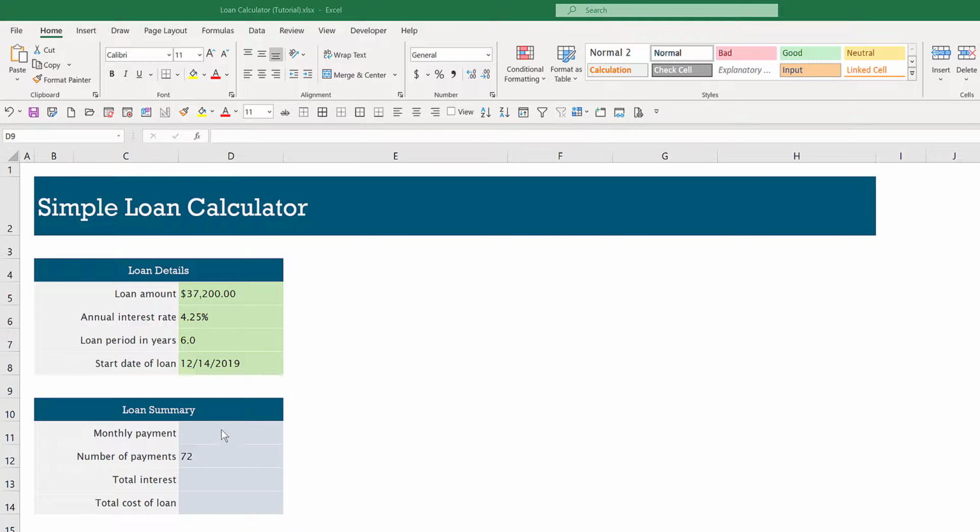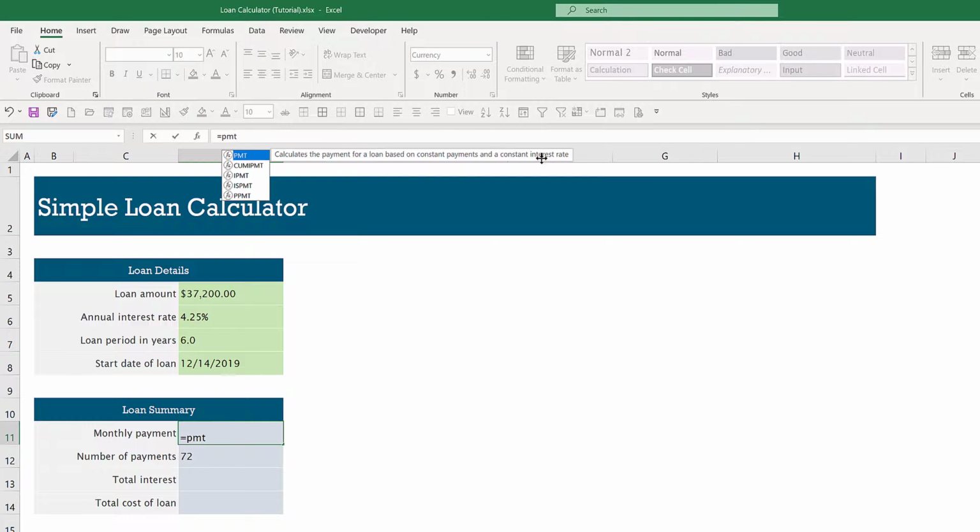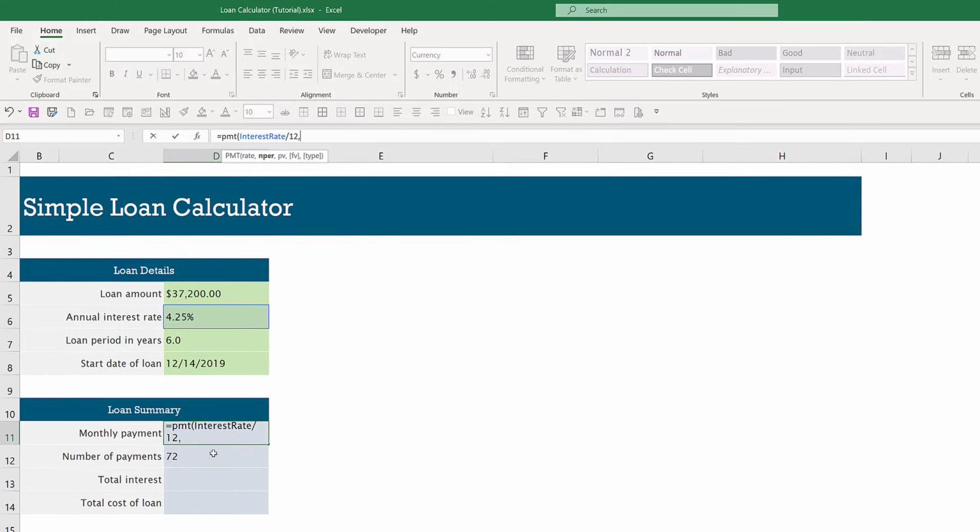Now next, I'm going to enter the formula for monthly payments. In Excel, there's a function called the PMT function, which is used to calculate the monthly payment. So here, if we look at the parameters, the first parameter is the rate, and the rate is taking the annual interest rate and dividing by 12. And the NPER parameter is asking for the total number of payments. So here our total number of payments is just the number of payments, which is going to be in cell D12. And I'm going to press F4 to lock the cell reference,